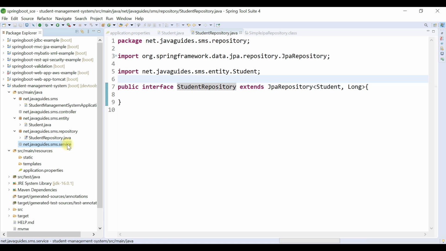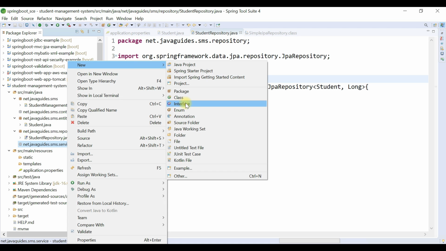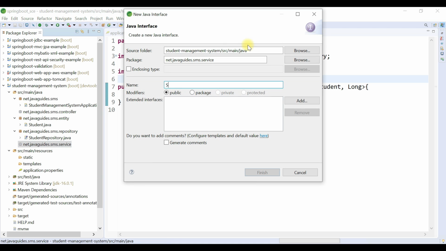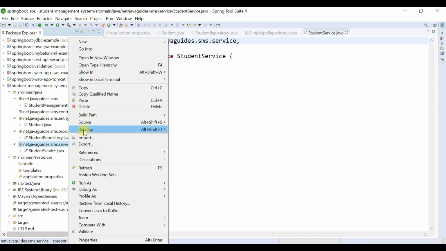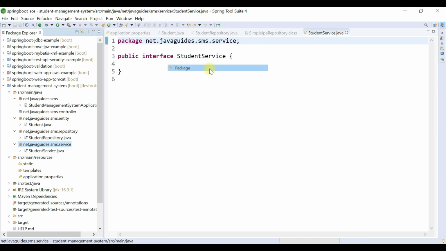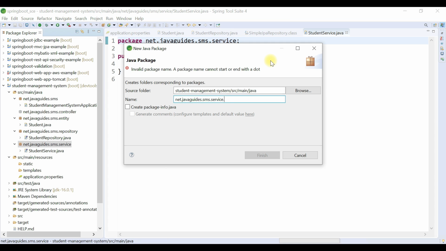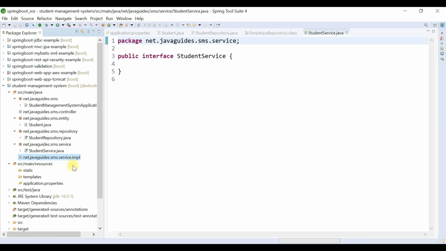So just go to service package, right click on it, new, and then choose an interface, and let's give the interface name as StudentService. Okay, and we're gonna create one more package within the service package, and let's name it as impl.